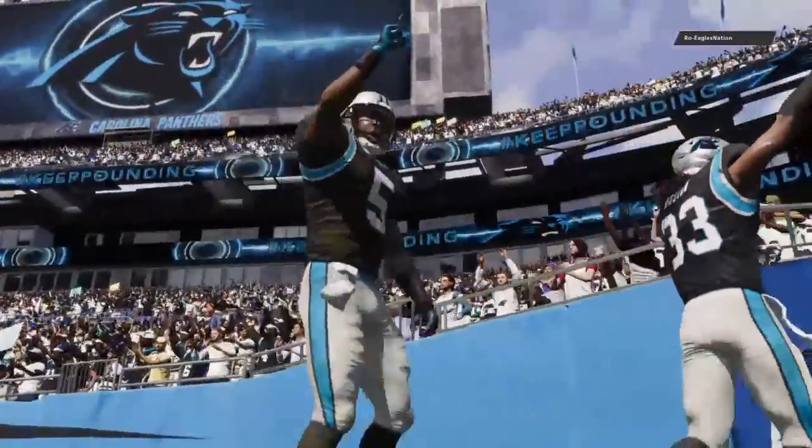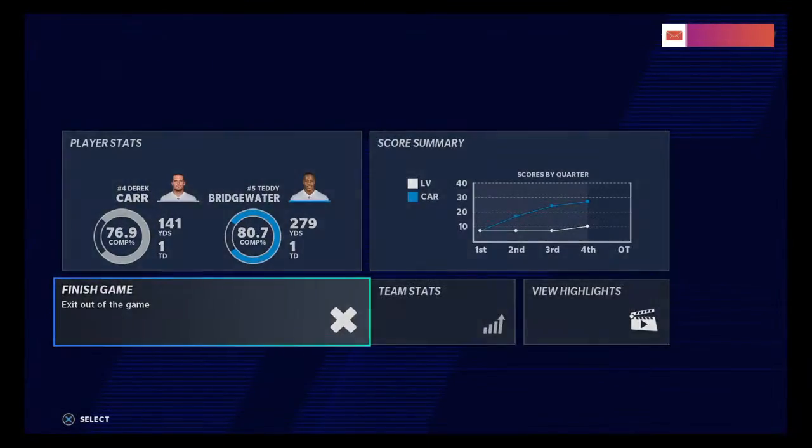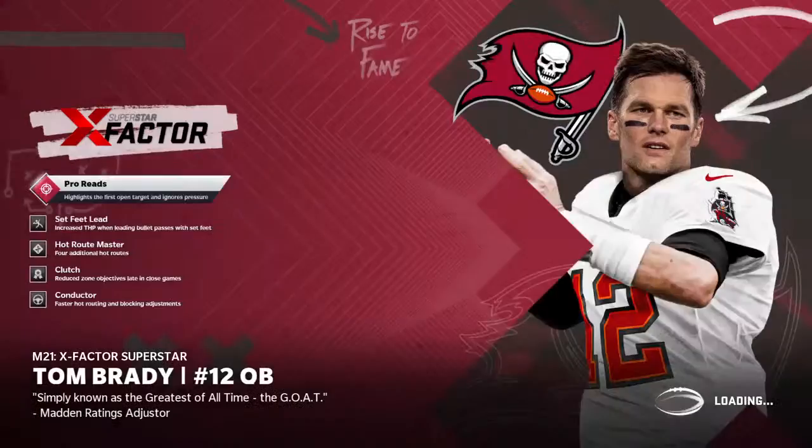So for the Panthers, that'll be a happy locker room as they start this season 1-0. And they will hit the road next week to take on the